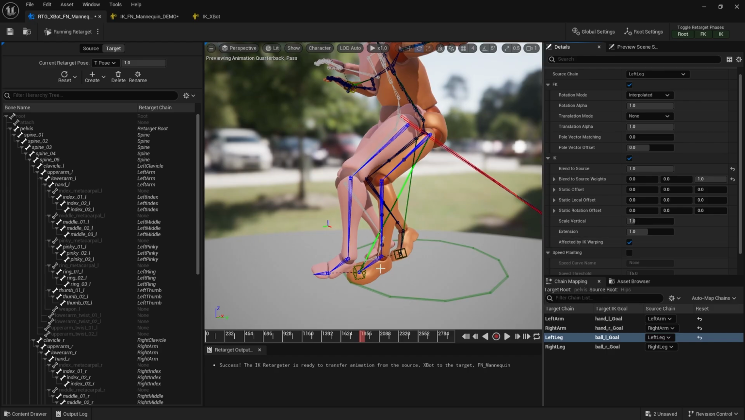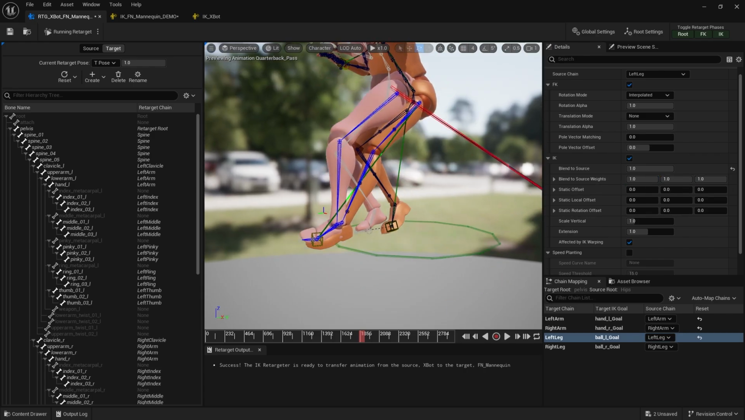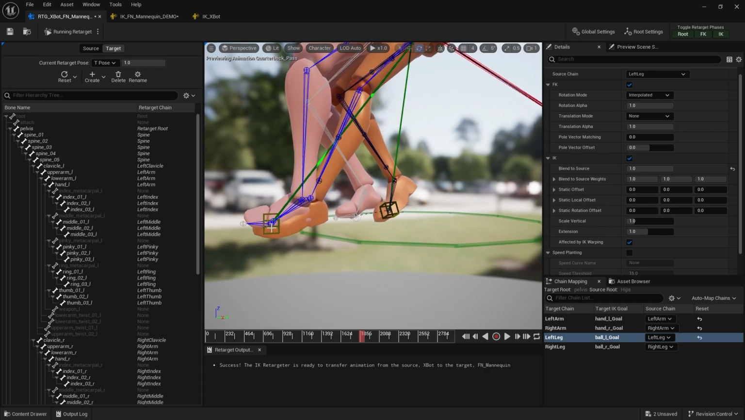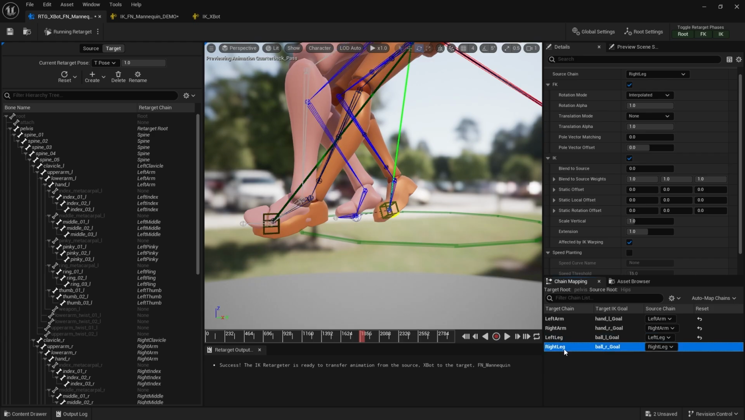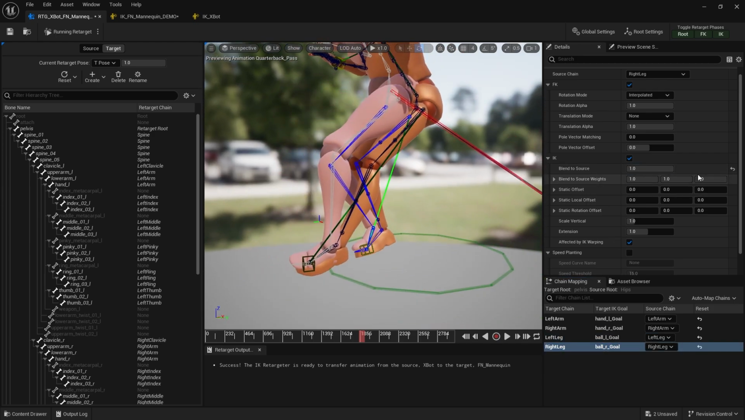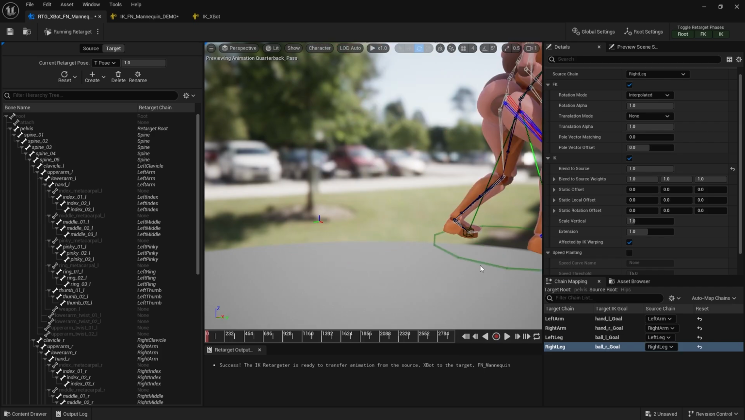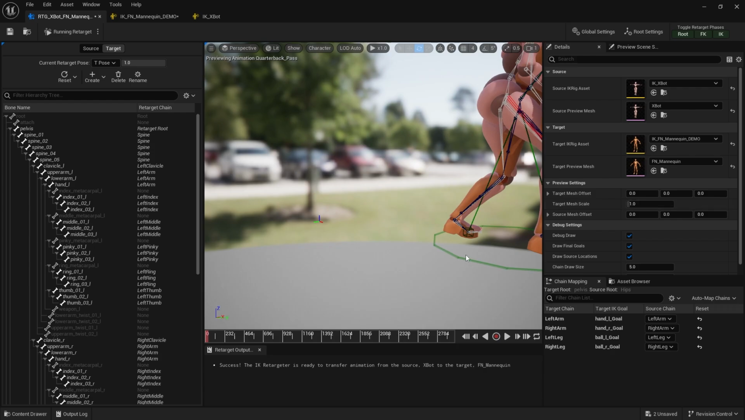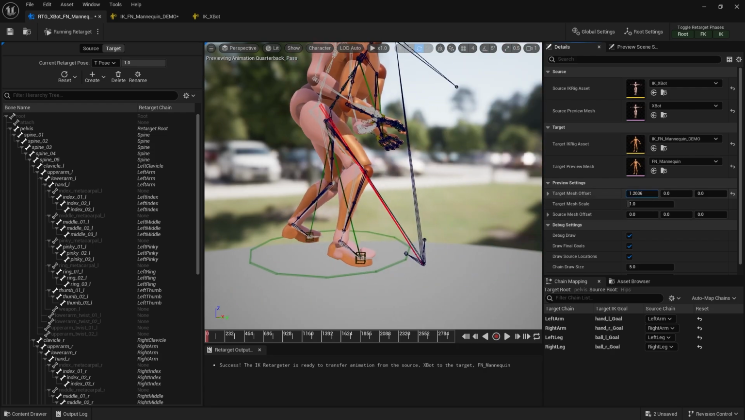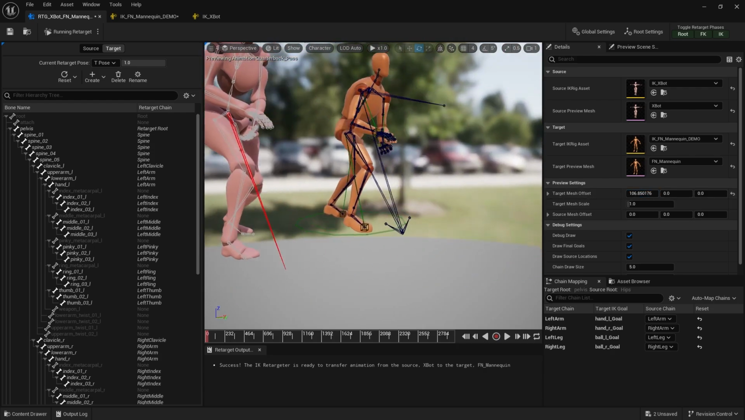Now you'll see that it's not directly pinned. That's because I have my weights set to 0, but we can see that with that, it's 100% on there, and I can also do that to the leg if I wanted to. And if we play that back and move my source mesh a little bit out just so that way you can see it,